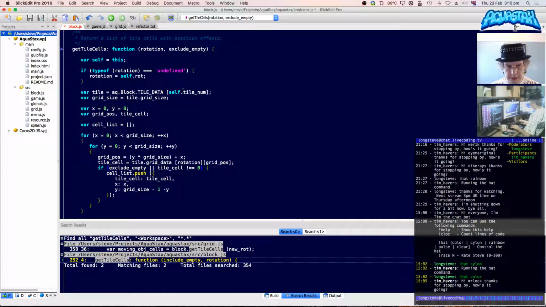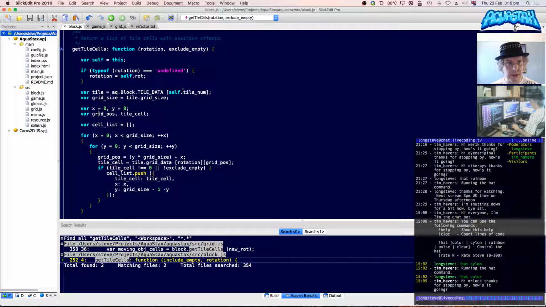So we want if tile cell does not equal 0, that's the first bit of logic, or we're not excluding the empty, which basically means that we're including the empty blocks. So that should probably be how that works.